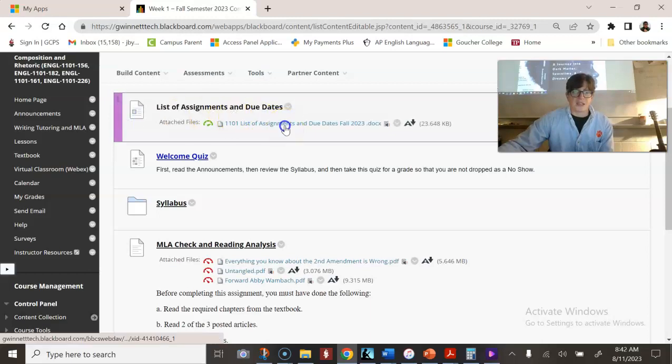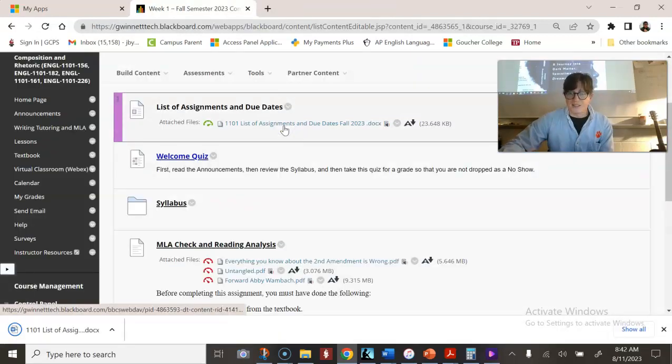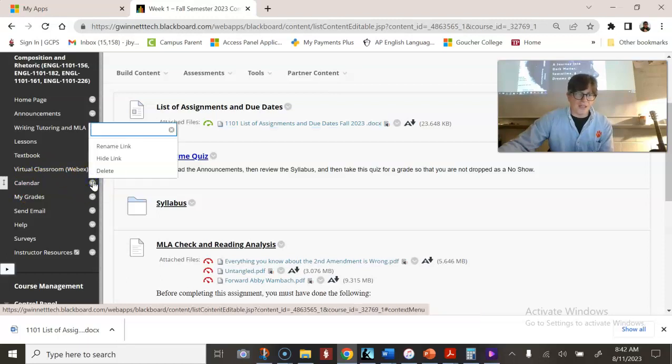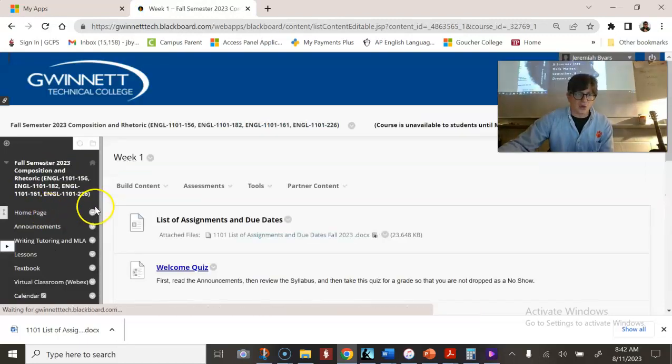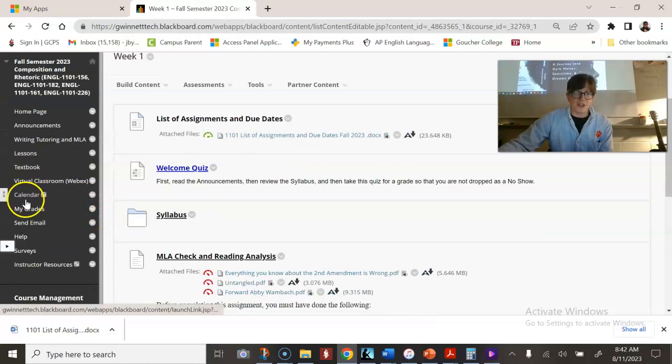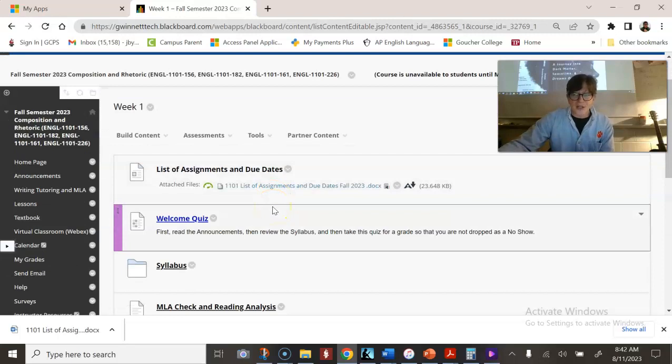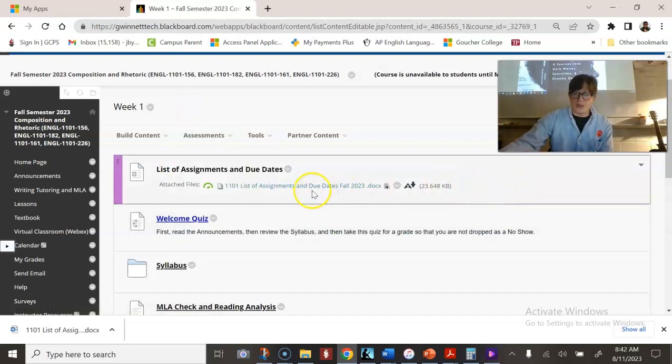This is the guiding light of our course, okay? Don't go to calendar. If I could hide that, can I hide that? Oh, I can. Cool. But even in the past, when I've hidden the calendar, somehow students have seen a calendar, and there's a calendar that exists out there that is written by someone who's not me from a pre-written course or whatever. I don't follow that calendar. What I follow, what I do every day, every week of planning is based on this document, list of assignments and due dates.